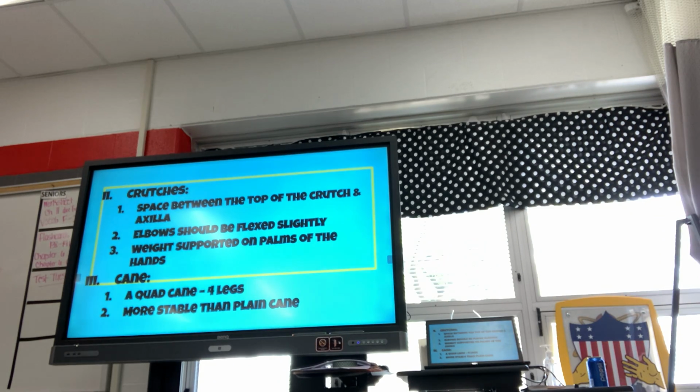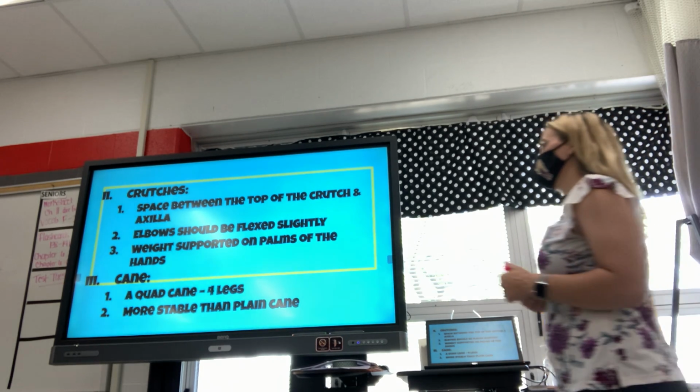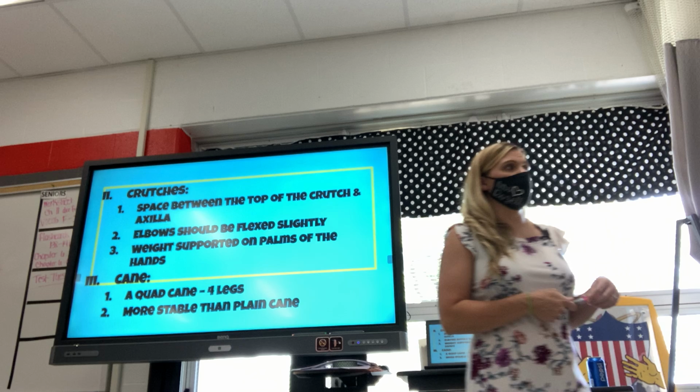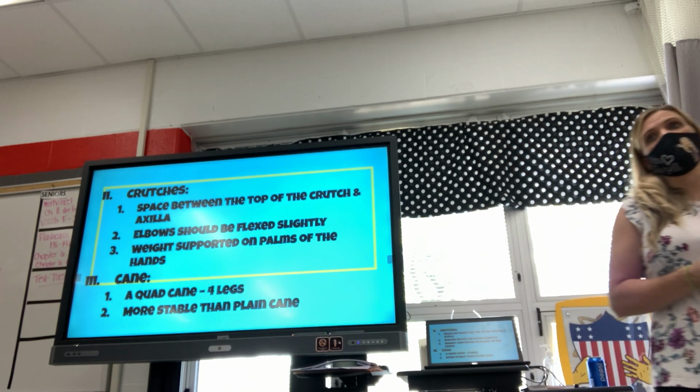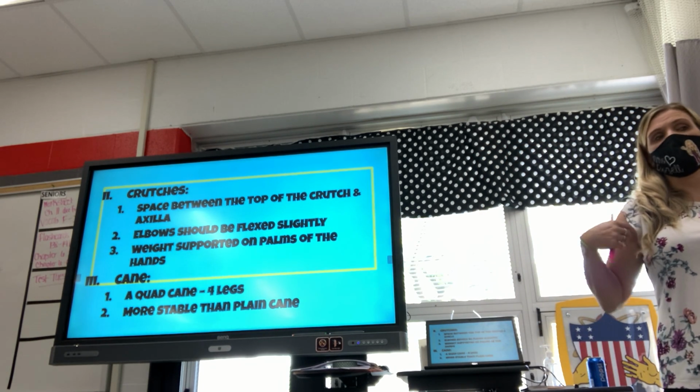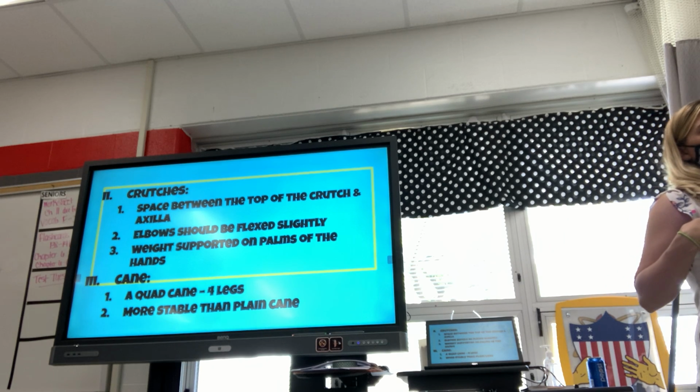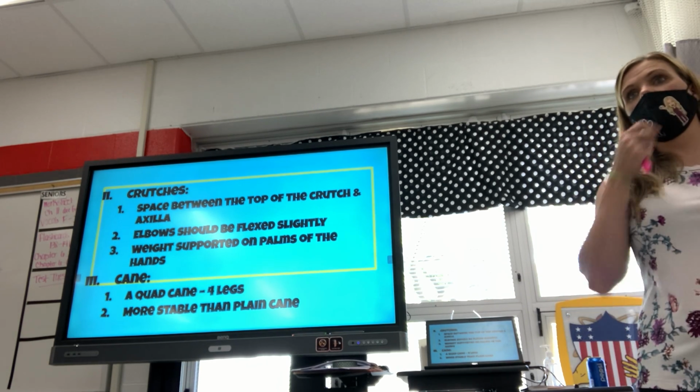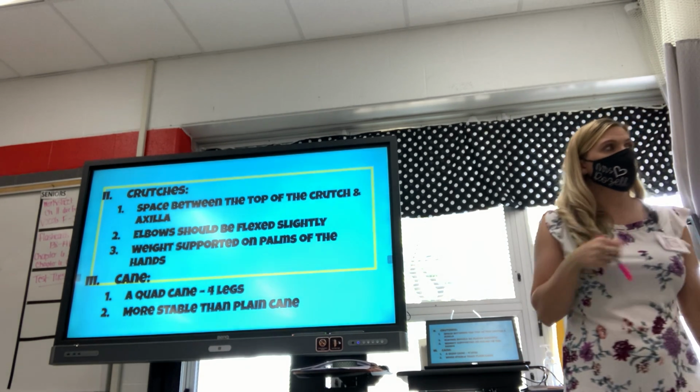Crutches. The big thing about crutches is you could have to explain to a patient how to use them. Do all of you know how to use crutches? No. So crutches, right? The rubber part goes up underneath your armpits, and then you put your weight on them depending on how much weight you can put on which leg or